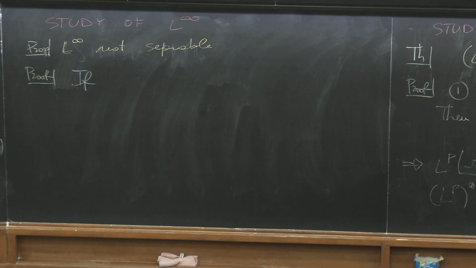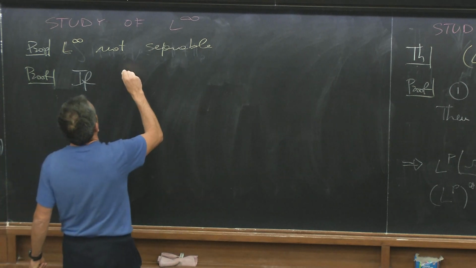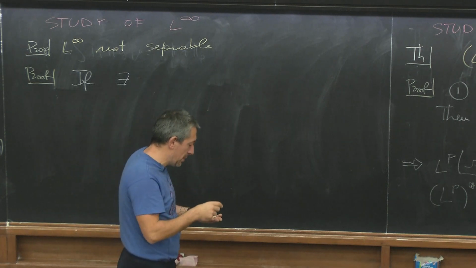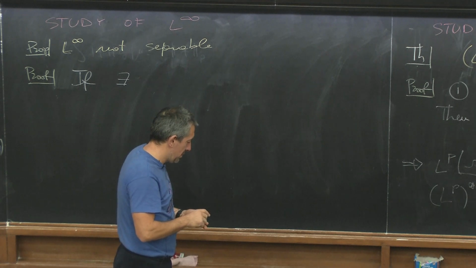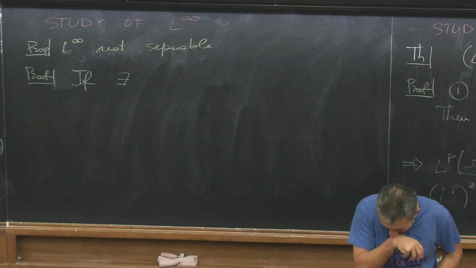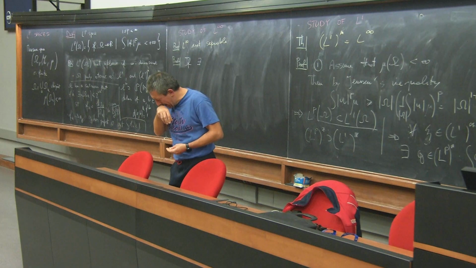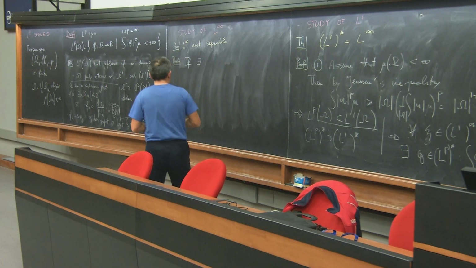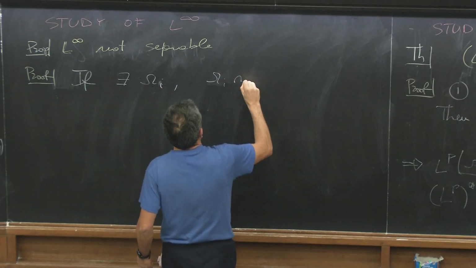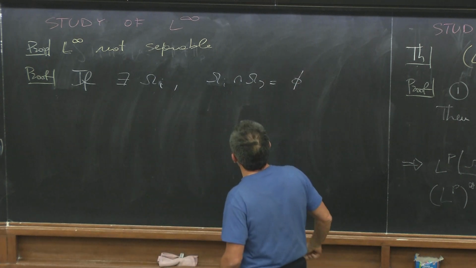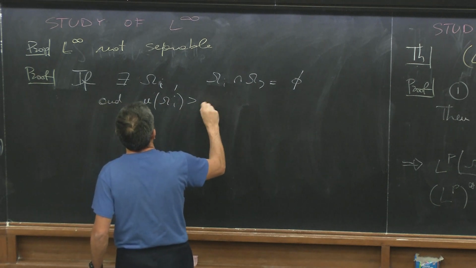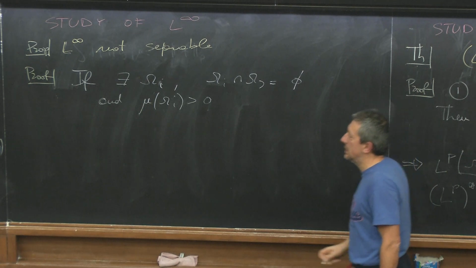So different up to sets of measure 0. So if there exists a family omega I such that omega I intersection omega j is empty, and the measure of omega I is greater than 0. Then